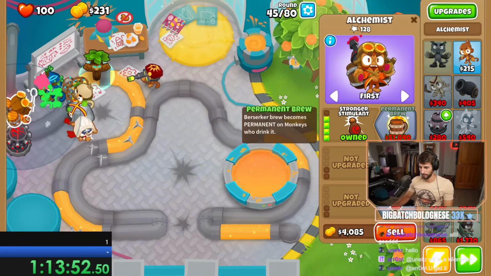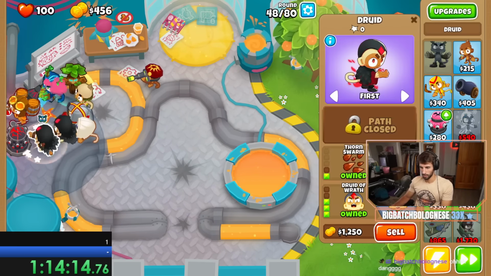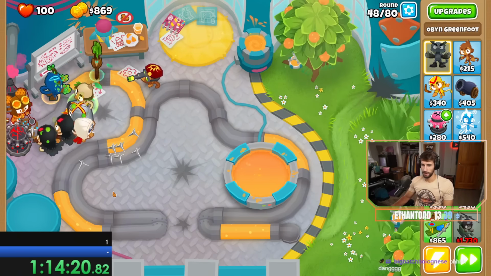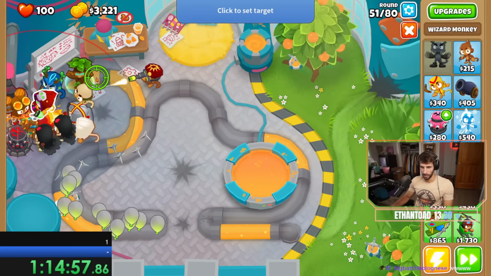We picked up a stronger stim alchemist, upgraded our boomer to more glaives for any big rushes, and started building druids. Luckily, Oben is level 8 now, so any druid in his range can see camos, making this game mode much easier. Round 50 showed us that fortified Moabs were still tough though, so we backed these up with